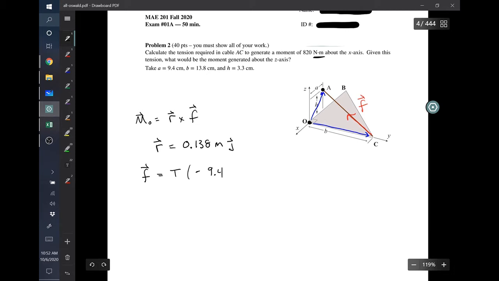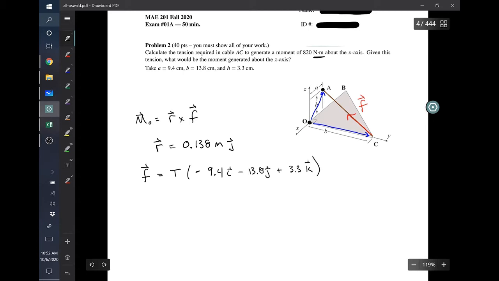And then in the y direction, we have to go negative B, that's 13.8, so this is 9.4i minus 13.8j, and then in z, we're going to go positive h, and h is